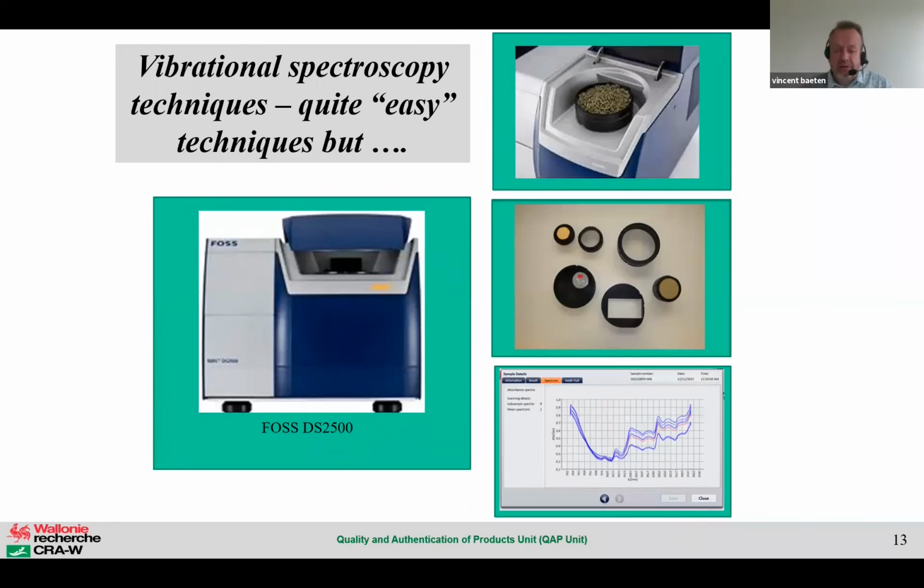And then you present, in this case, the cup to the instrument, and you will measure from the bottom and you will get the infrared spectra. It means the absorbance of the object you present to the instrument at different frequencies. This is clearly a benchtop instrument. But in this slide,